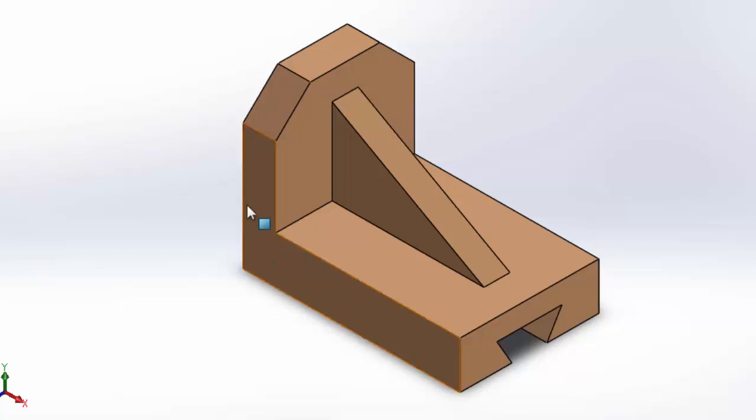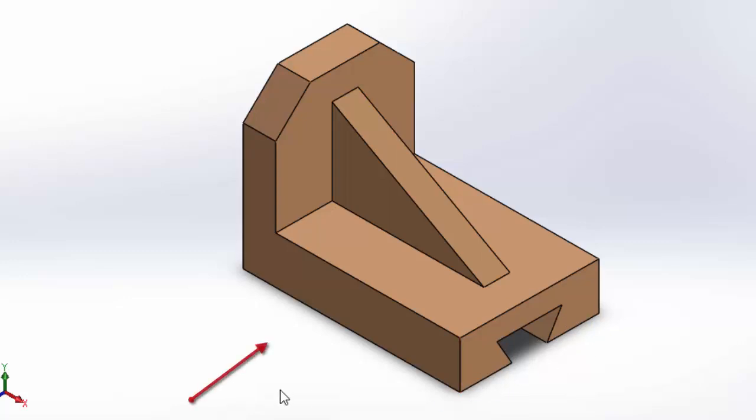As you can see here, we can see a three-dimensional image. In the question, an arrow will be given either here or here. If the arrow is here, we have to assume this view as front view and this view as right side view. If the arrow is here, we have to assume this view as front view and this view as left side view. Anyway, we have to draw front view, top view and one side view. The side view will be either right side view or left side view.